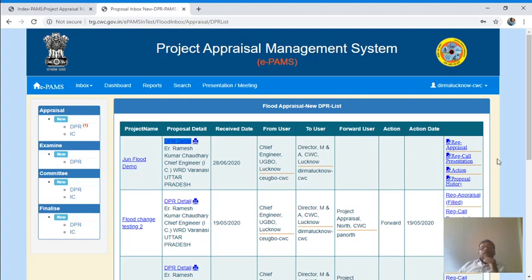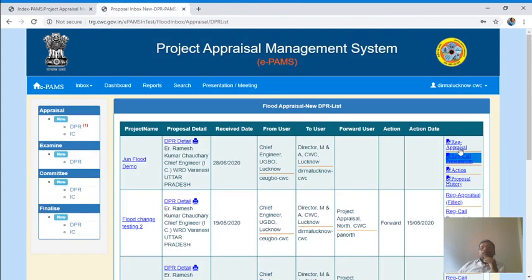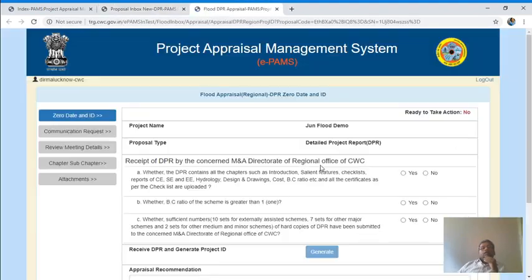If this user wants a call presentation, then he will have to define it here and give a date. Regional level appraisal is done here. Now I am doing the regional level appraisal. You can see here: zero date and ID, communication request, review meeting detail.